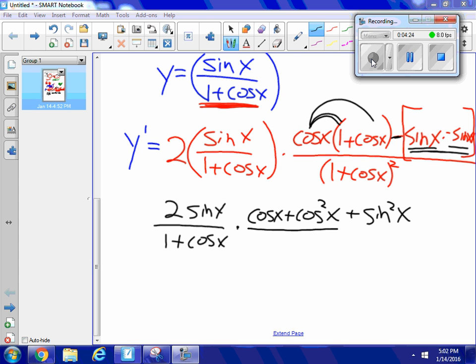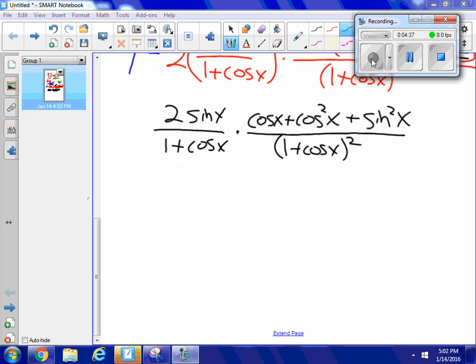And all of that is divided by 1 plus cosine x squared. Well, this is shaping up nicely because my cosine squared x and my sine squared x is 1. That's going to equal 1. So I'm going to have 2